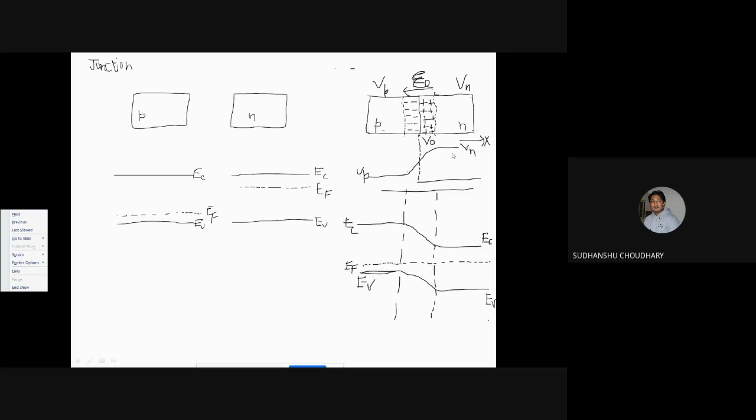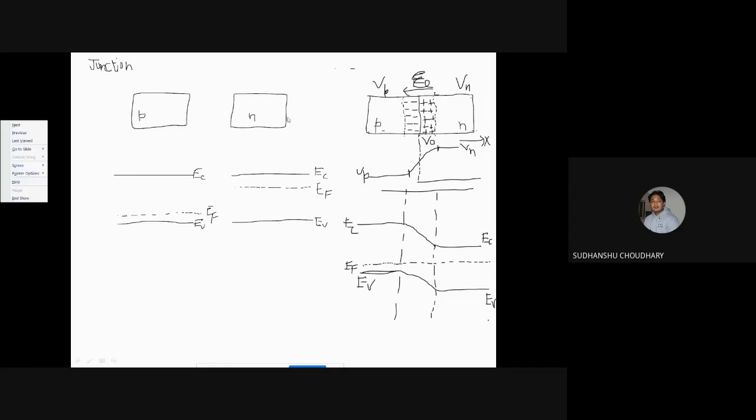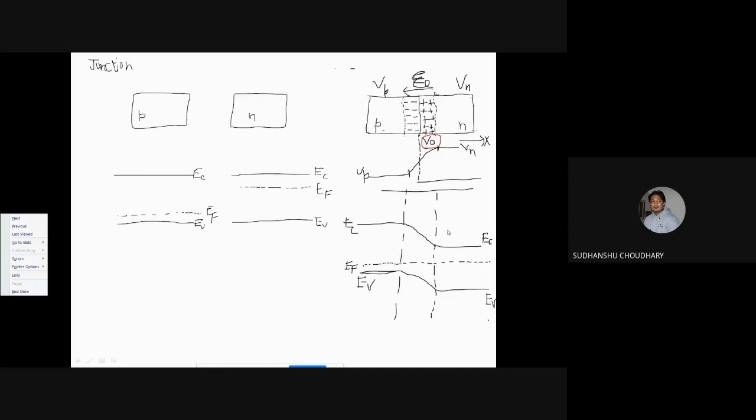So in this P and N region, it is constant, and because of this electric field and that formula E is minus dV by dx, we see that it is changing in the negative x direction. So it is maximum over here in the depletion region, and minimum here at this edge. Now this electrostatic potential, V naught, can be reflected in our energy band diagram also.